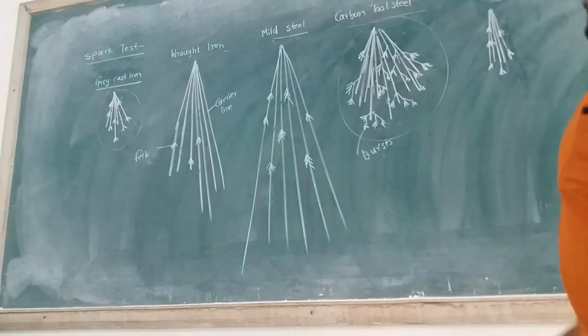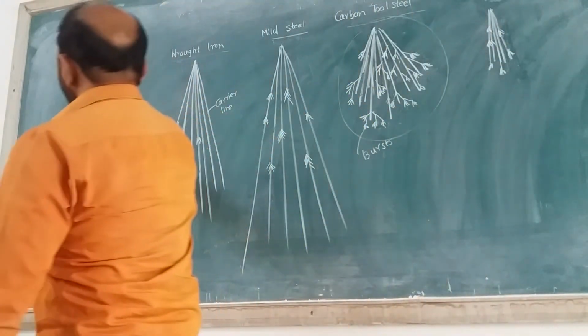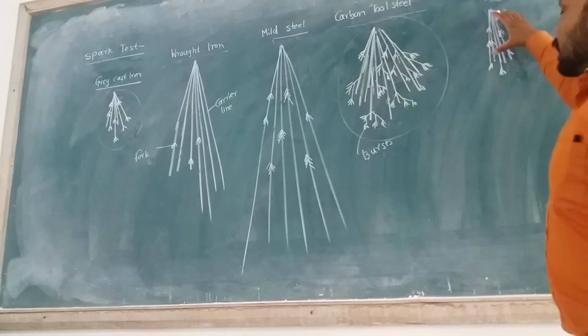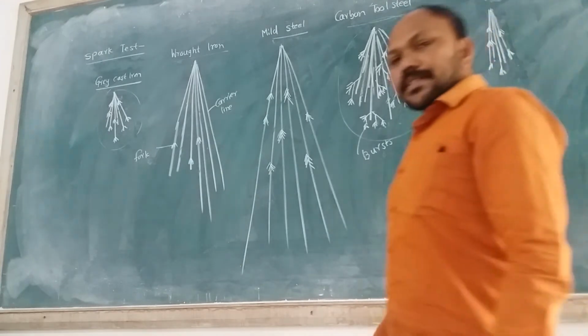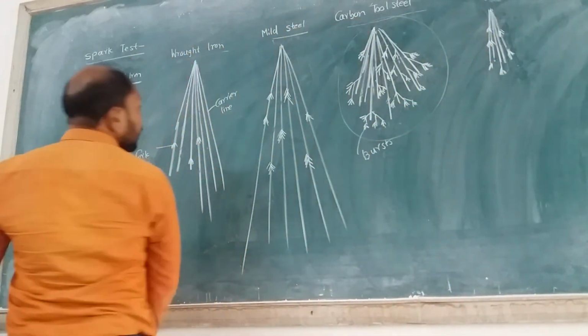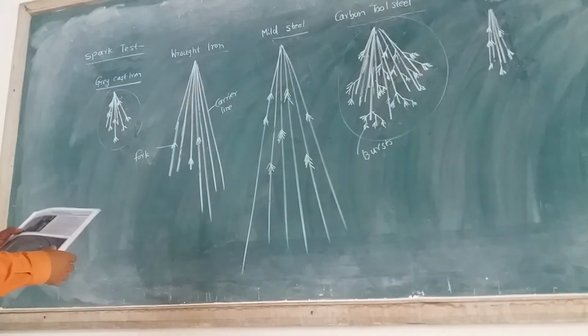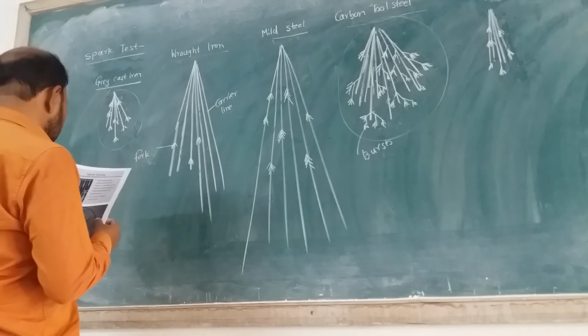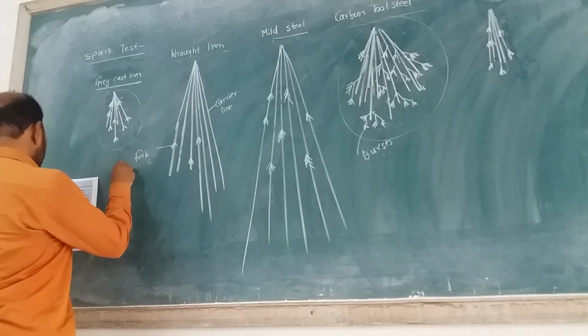If we consider white cast iron as compared to grey cast iron, the number of forks present is less, and the height is almost the same as grey cast iron in case of white cast iron also. And if we see,